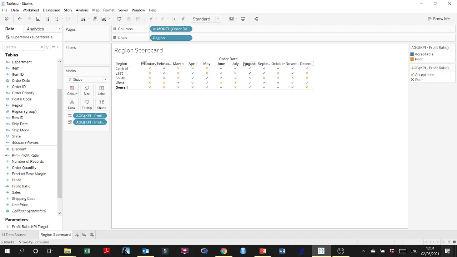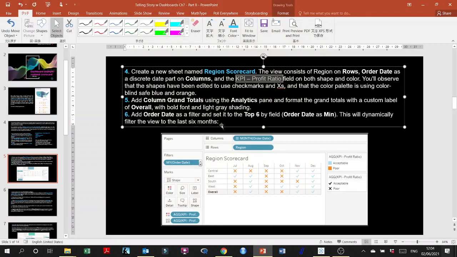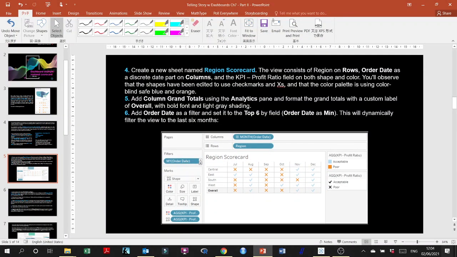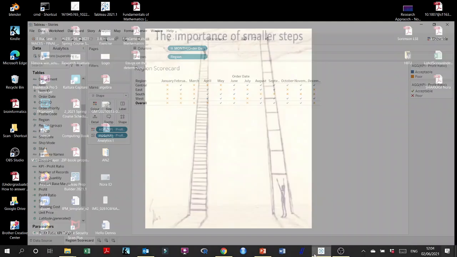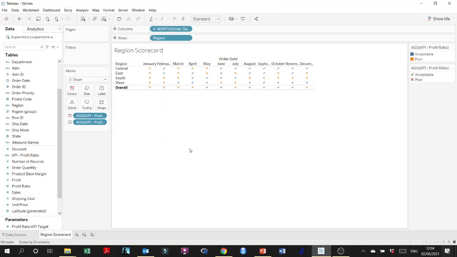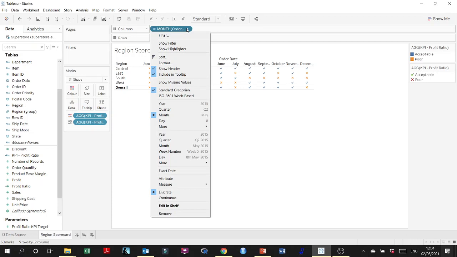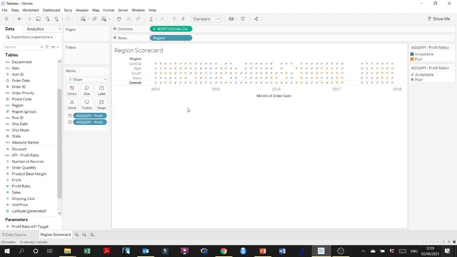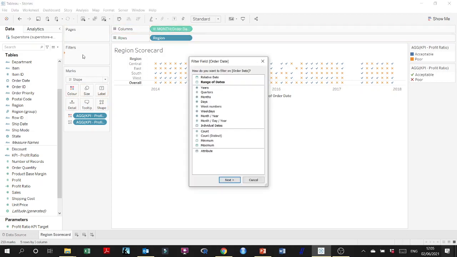Now, what if you want to show the last 6 months? Let me check. This is the next step? Add order date as a filter. And I want to show the last 6 months. Now, lovely people, remember something very important. If this date was continuous, so for example, if this date was a month in continuous, as you can see here, if I take it by holding down the control key and put it into filters,